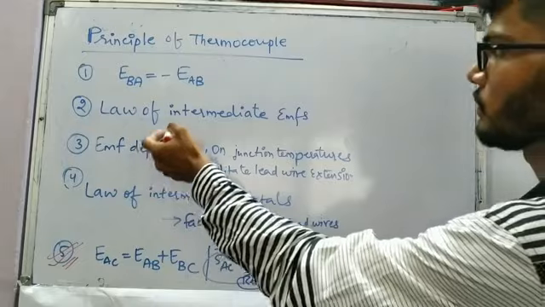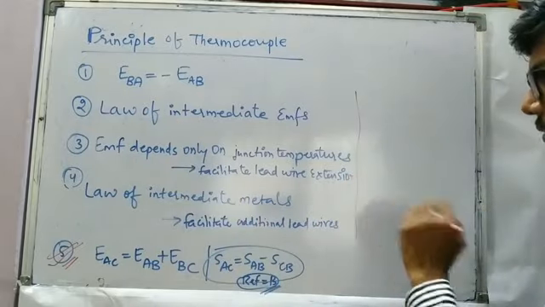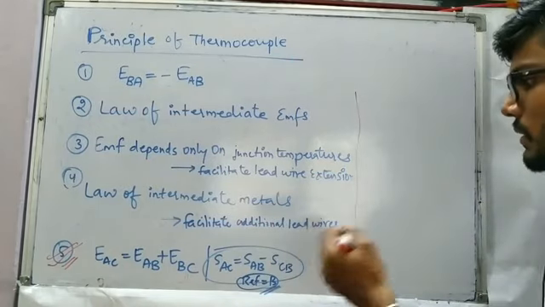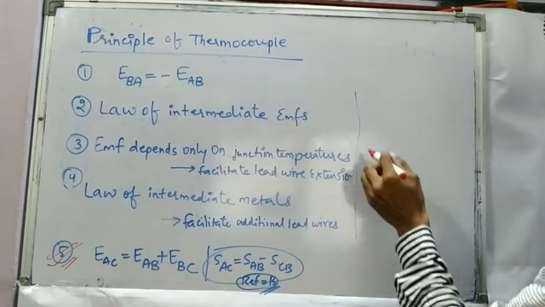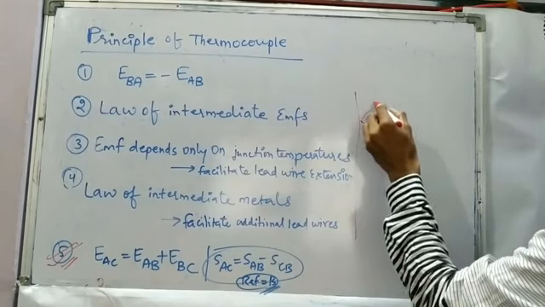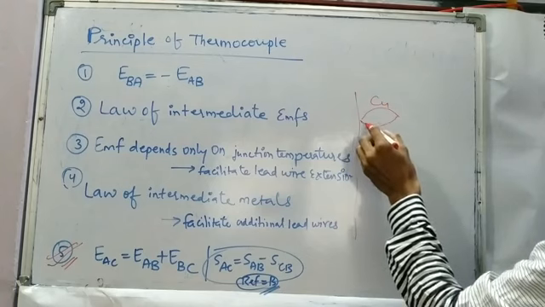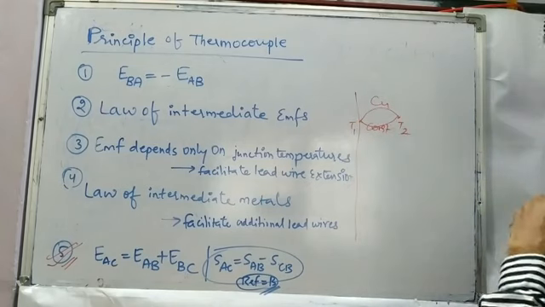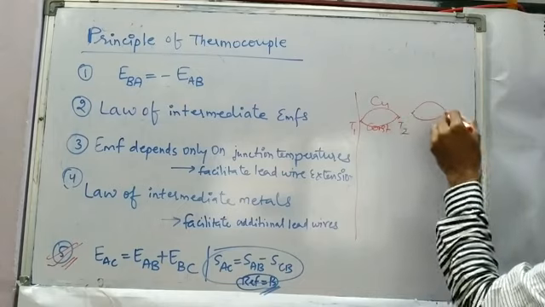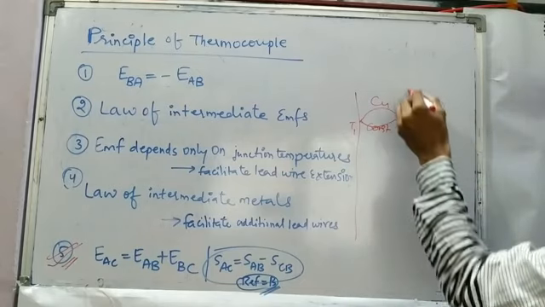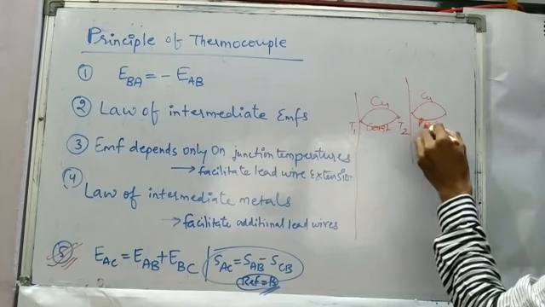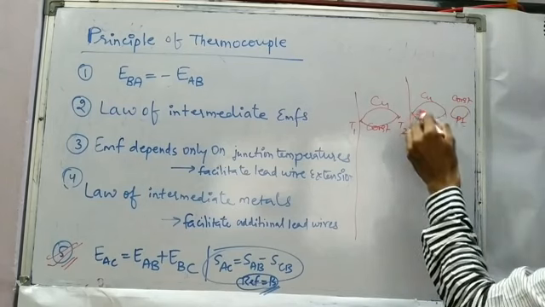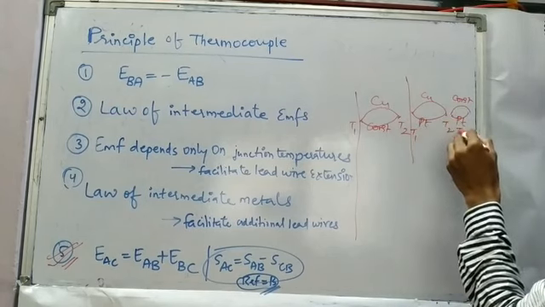So this is going to come from the law of intermediate EMF, which we have already derived, that E03 is going to be the sum of E01 plus E02, but using that we can have the reference formula for sensitivity. So let us see, I wish to know the EMF output for copper constantan, and I am making use of two temperatures T1 and T2, but instead of the copper constantan, I am making use of two different thermocouples which have platinum as common, and the temperature differences are the same, T1 and T2.